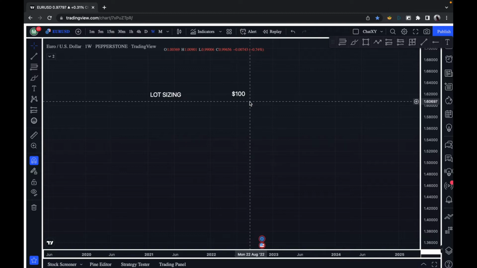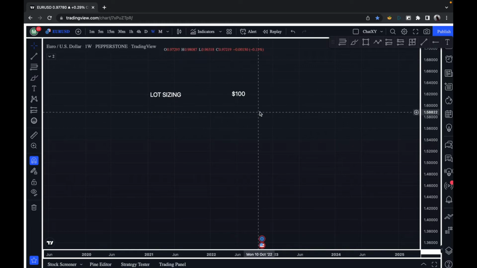So if I'm the owner of this account, I have $100 in my account, and then I'm trading something like, let's say, Euro USD and GBP USD. They are quite volatile, but not so volatile like gold and some indices like US 30 and US 100. So if I'm trading Euro USD on this account and I have a trade setup where the stop loss is around 20 pips, then the take profit is 50 pips, for instance,